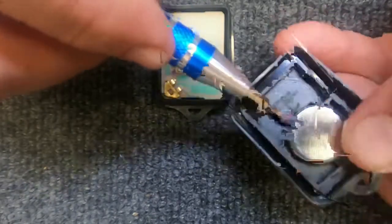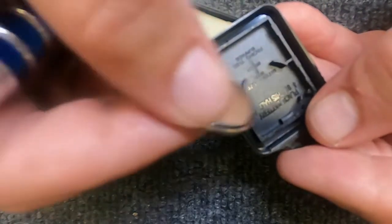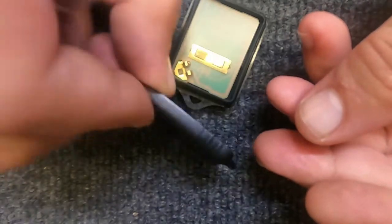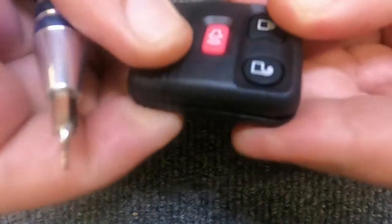Take your small flat tip, put it on the battery, lift up, battery comes out. 2032. Go ahead and drop the battery back in and push it down, and she seats in. You'll notice it doesn't fall out. Go ahead and take the two halves back together and gently squeeze them,